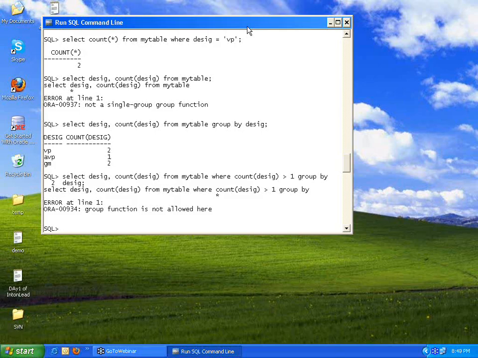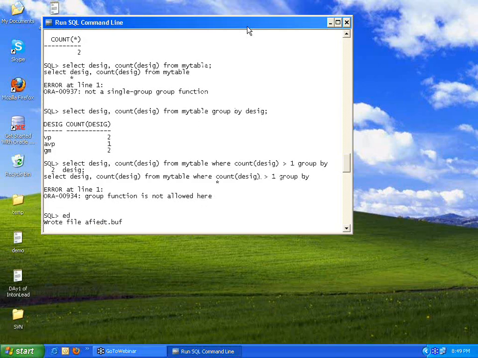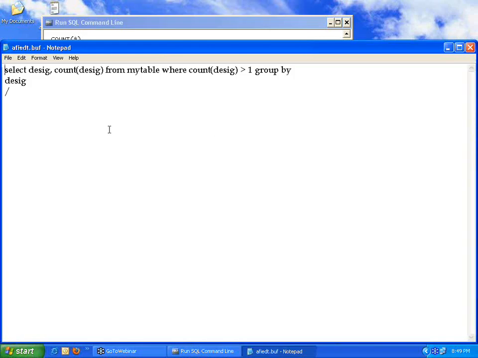Let me use ed to edit this. When you are using this count of designation greater than 1, you cannot give it in the where clause. Instead, you need to use another clause called having. When you are using an aggregate function and that has a condition, you cannot give that in the where clause.